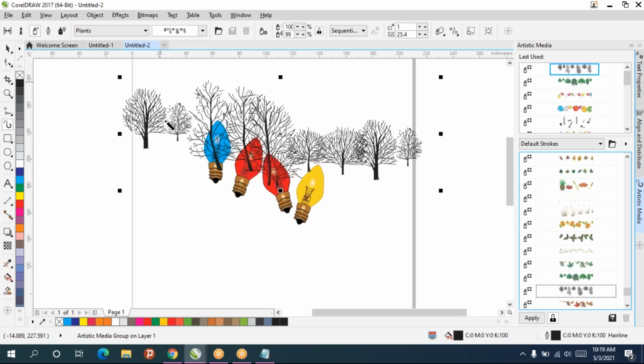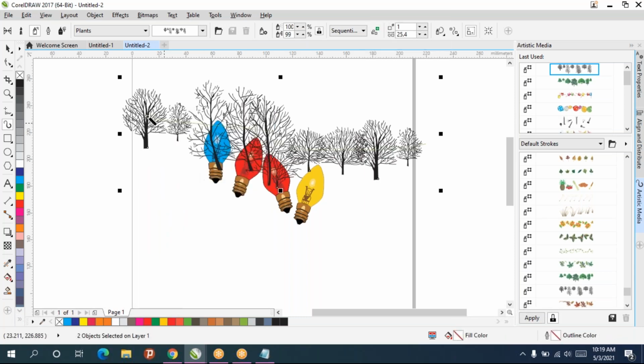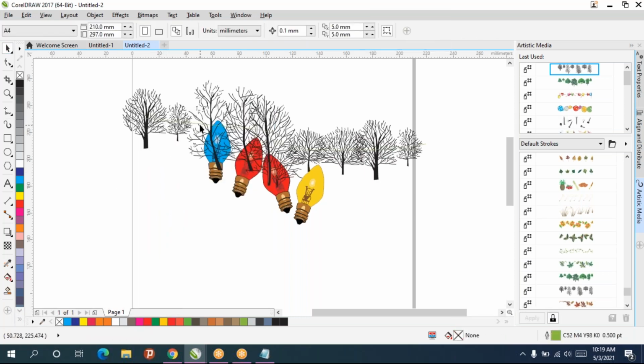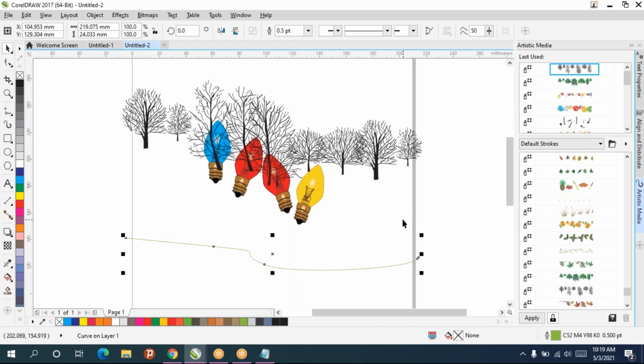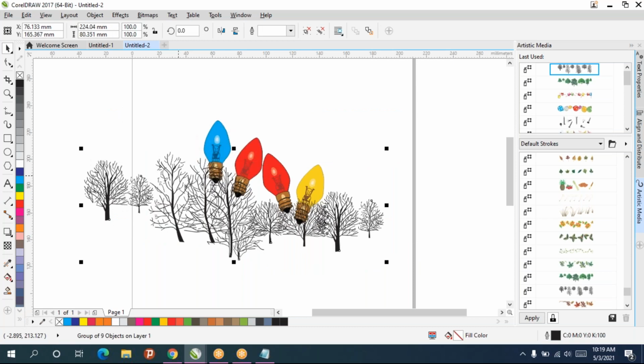Suppose if you want only one tree in this, right click on that. First you do break artistic media group, Control K. Okay. Then if you see in the middle, one line will be there. That one you can delete. But still it won't be separated. First you have to do break apart.